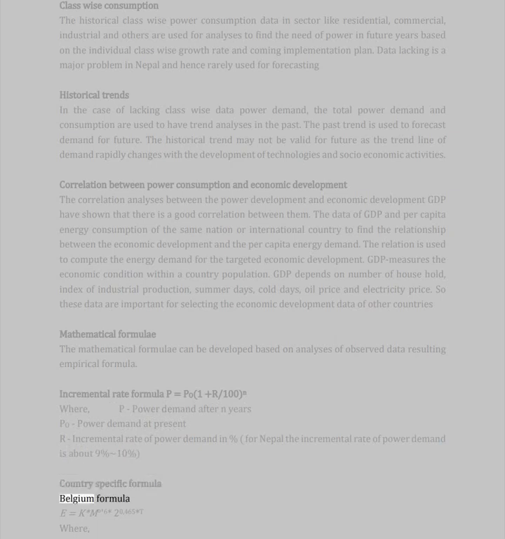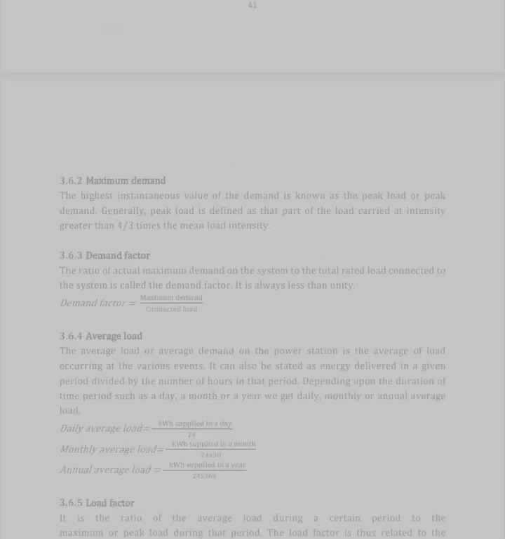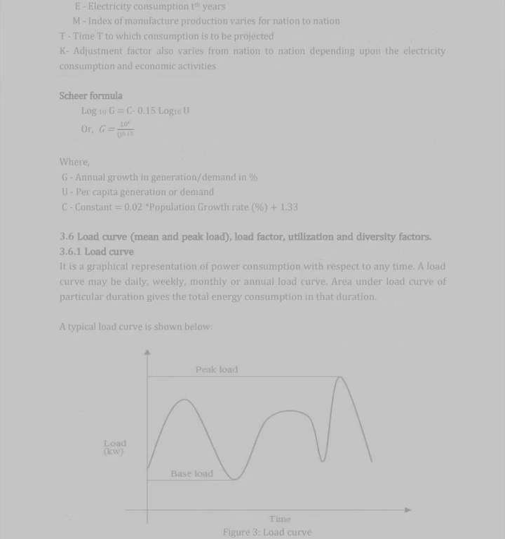Country-specific formula, Belgium formula: E = K * M^0.6 * 20^0.65 * T, where E is the electricity consumption in the t-th year, M is the index of manufacture production, which varies from nation to nation, T is the time to which consumption is to be projected, and K is an adjustment factor, which also varies from nation to nation depending upon the electricity consumption and economic